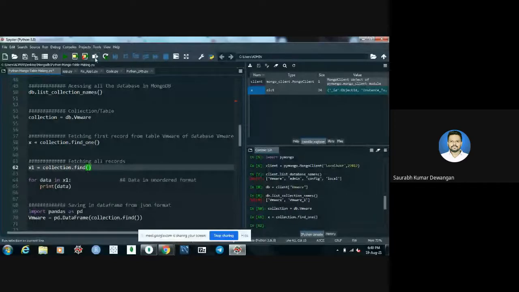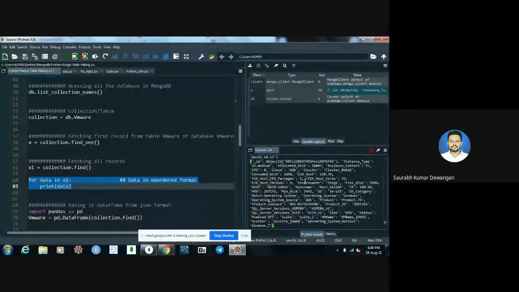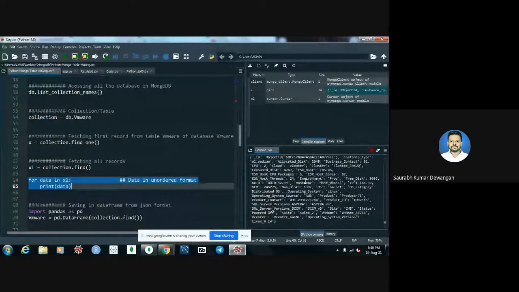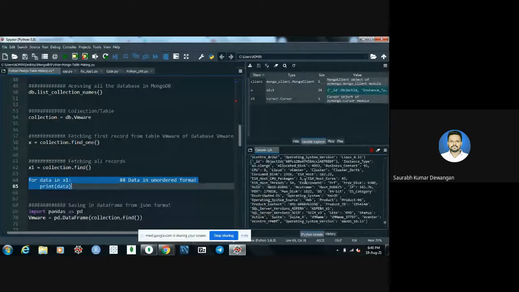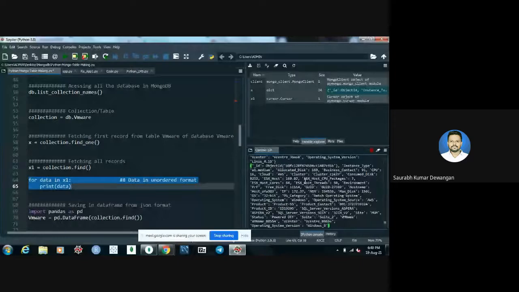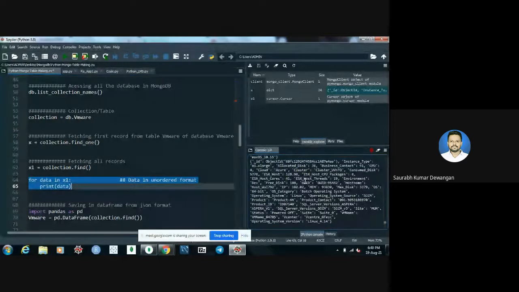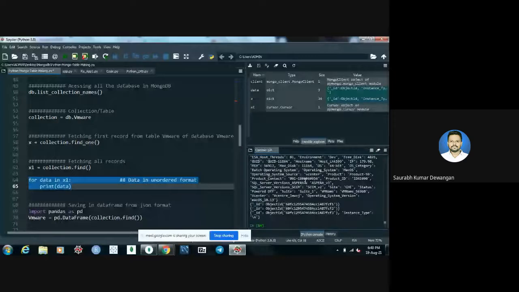For accessing all the data, we have to run this for loop. You can see in the output window, the data is accessed from the MongoDB server, but it is in unordered format. We have not stored it in any variable or data frame format, so it is unordered and we can't access it.